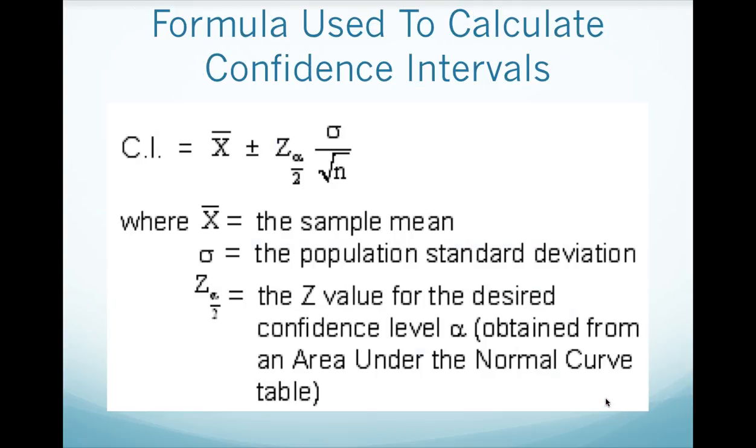This is the formula used to calculate confidence intervals. So confidence intervals equals x bar plus or minus z times sigma over